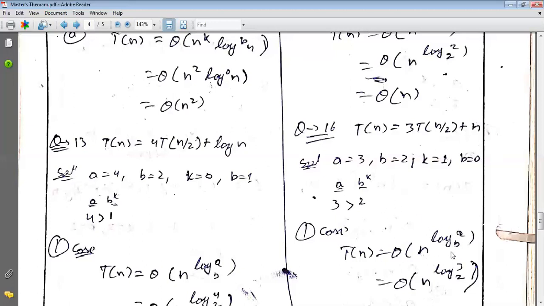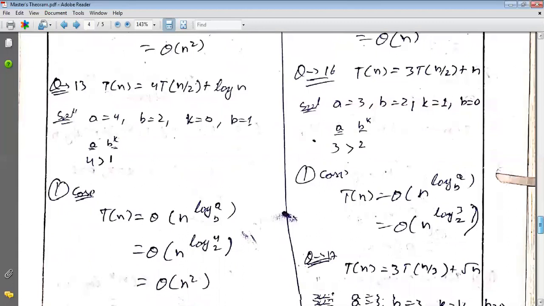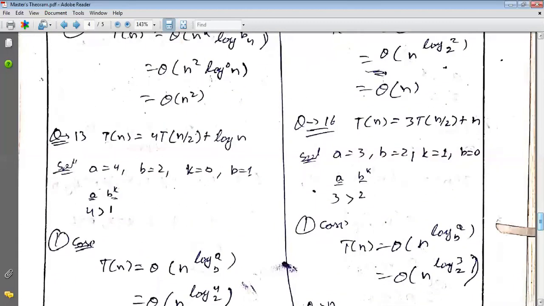So it is log a base b, where a is 3 and b is 2. So log 3 base 2 is a little bit more than 1. Just for analysis purposes, if we have 2 over here, then it is 1, and if we have 4 over here, then it is 2. So it is something between 1 and 2. We don't write anything exact here, just for prediction we can say the value is between 1 and 2.